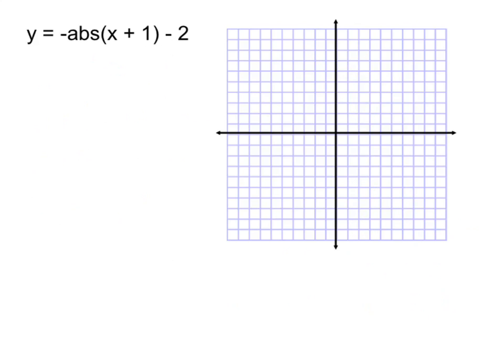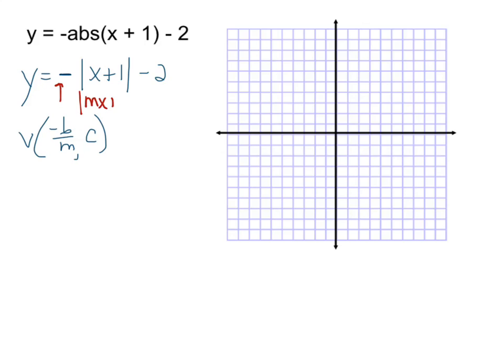Let's take a look at another one. This one is y equals the negative sign out in front of the absolute value, x plus 1, minus 2. Vertex, negative b over m, c. Some students had a little tough time with this negative sign out there, but if you think about our standard form, it's mx plus b plus c. The m is what's in front of the x, inside that absolute value, so m is still 1, and b right there is clearly 1, so it's going to be 1 over 1, but the opposite of that, negative